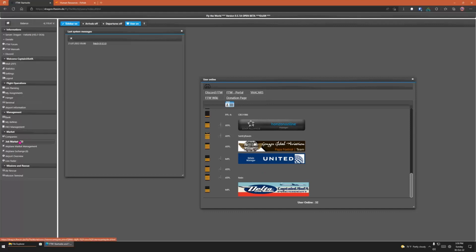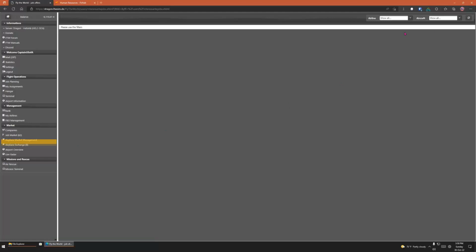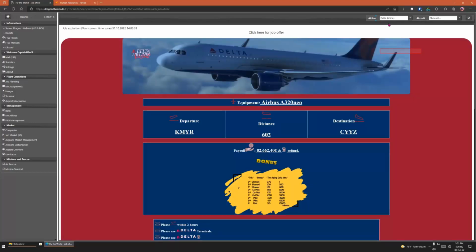First thing you want to do is on the left-hand side, after signing in, find where it says Job Market. Select the job market. You'll be presented with this page here. At the top, if you're looking for a specific airline, drop down and look for that. We're looking for Delta, so we'll go ahead and find Delta in the list and highlight it. Otherwise, you can leave it as Show All and click the refresh button, and that will show you all the